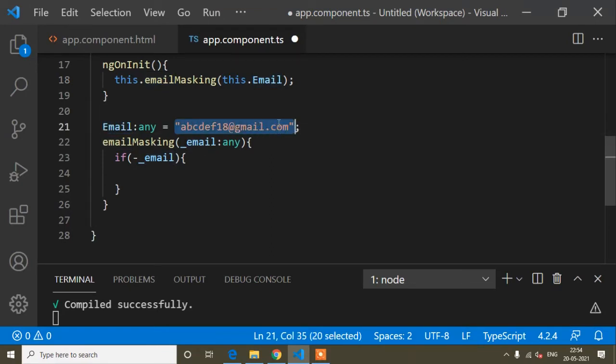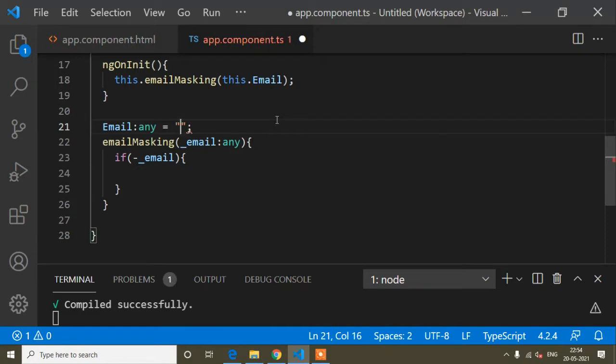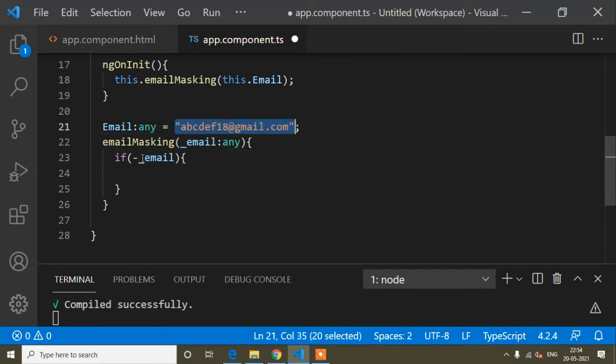But suppose I wouldn't assign any email, then this if condition would not work, because I have written if I get anything inside this email variable, then this if condition will work.